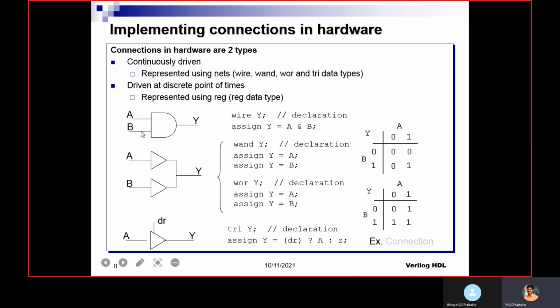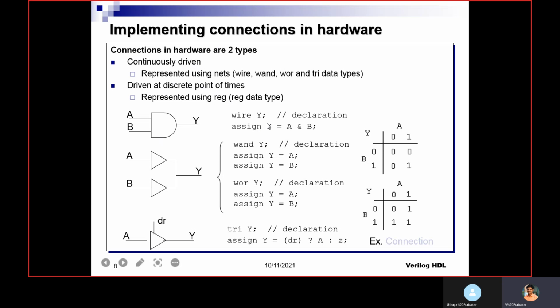For example, this we are going to see for continuously driven. We are going to perform AND. A, B are input, Y is the output. So the output should be declared as wire. And one more point, for continuously driven, you should use the assign keyword.